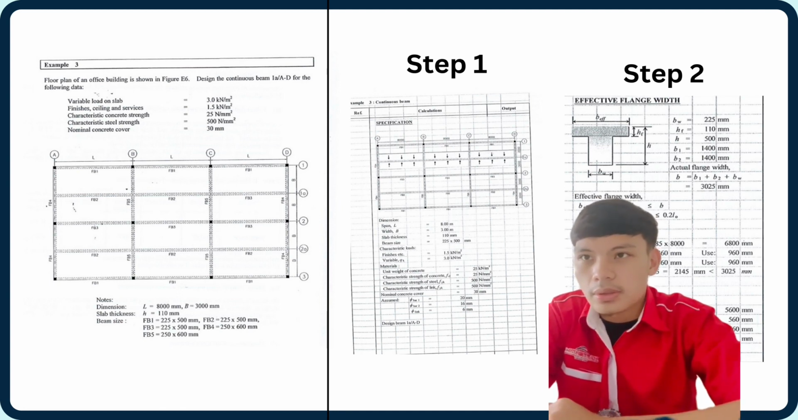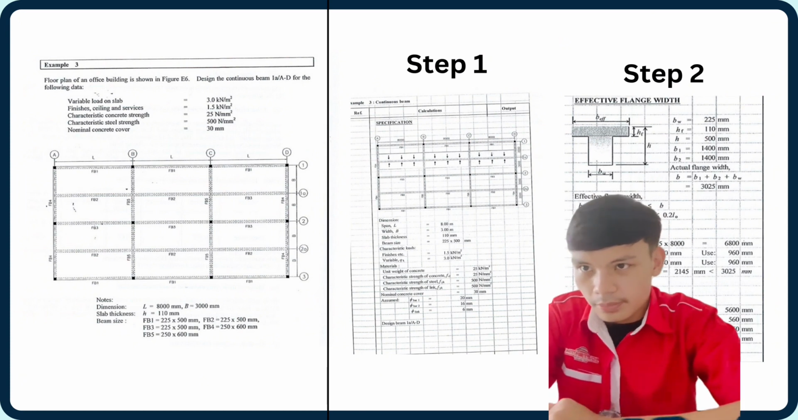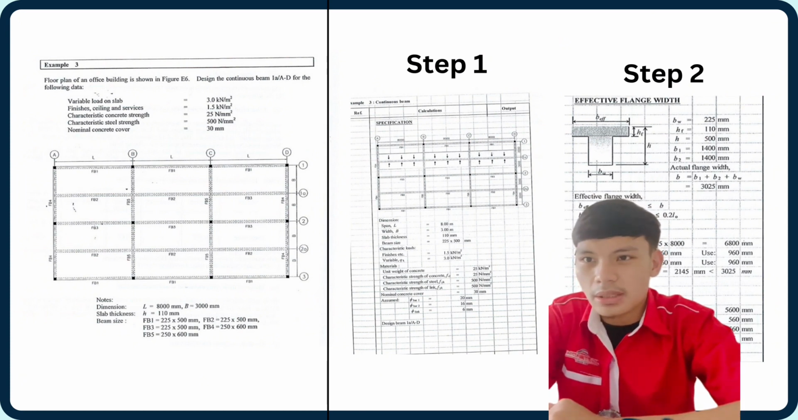Step 1. Specification. This is our design continuous beam. Next is dimension. Span L equal 8.00 m, width B equal 3.00 m, slab thickness equal 110 mm, beam size equal 225 times 500 mm,